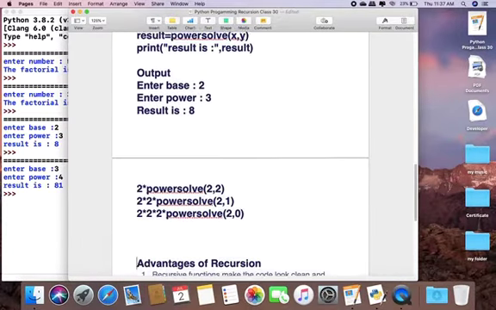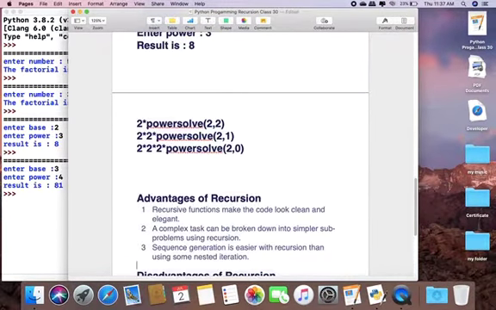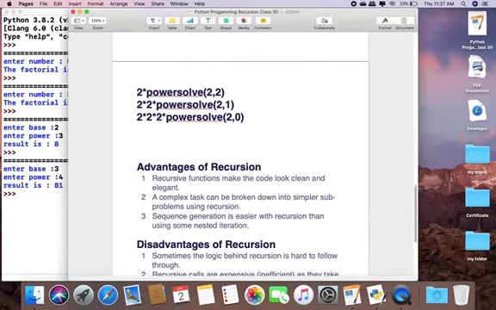Now, the advantages of recursive functions. Recursive functions make code look clean and elegant. Recursive code can easily be understood, so we can write the program very easily. A complex task can be broken down into simpler subproblems using recursion.